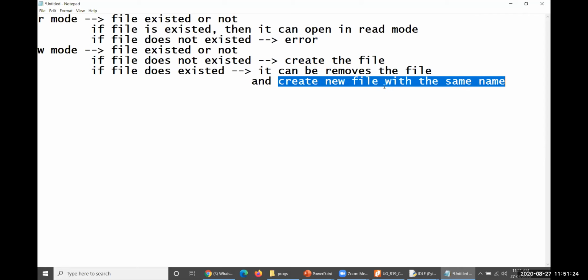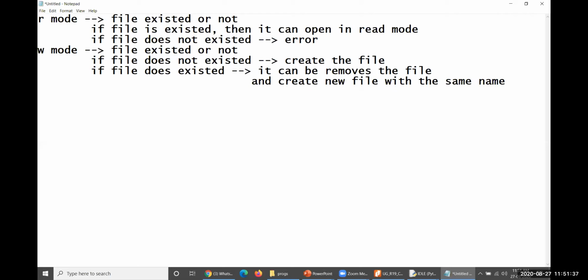So the previous file will be deleted first and then created again with the same name. After creation, the file will be empty. Nothing is there. It could be done something like that. And then